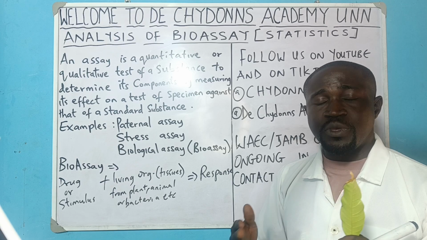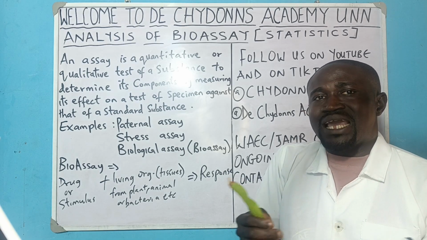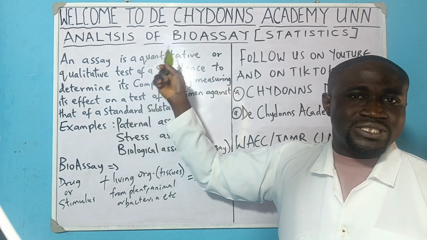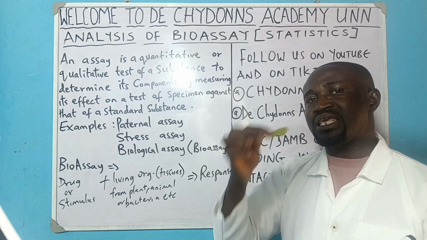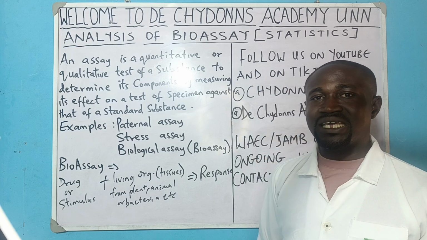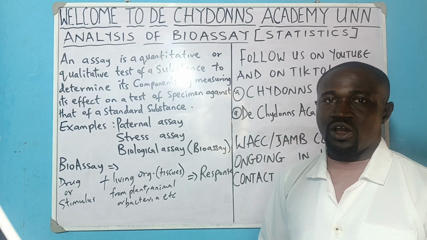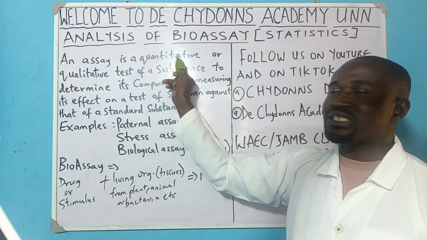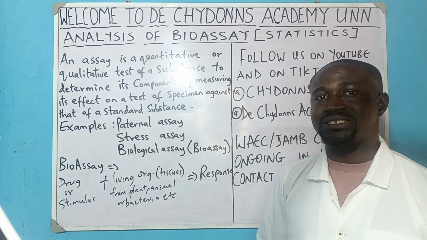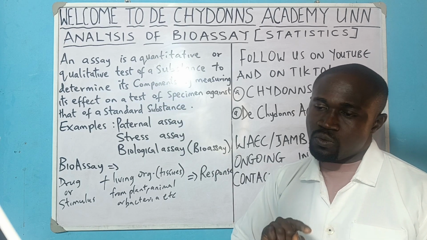So there must be equipment you use. You don't get the quantitative aspect by merely giving it to the person. He drinks it, he says it stops malaria or it does not stop malaria, and you're getting the quantity aspect. No, you don't do that. You get equipment that will be reading off